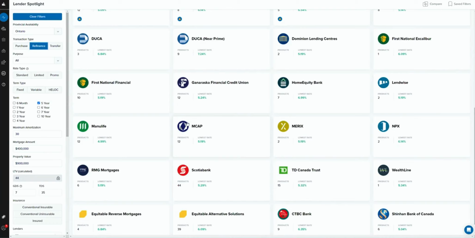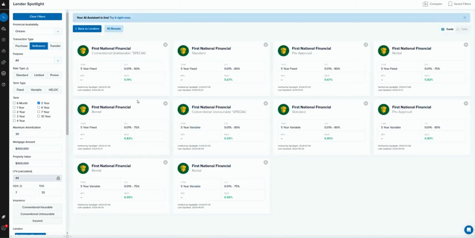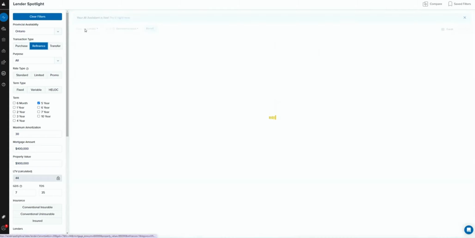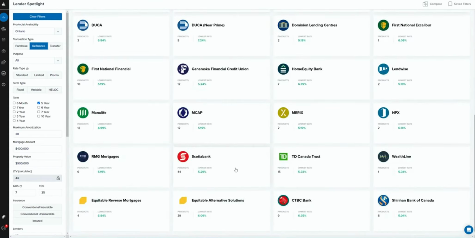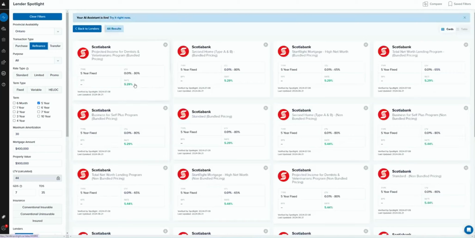We know the lenders that we use most frequently, say TD, Scotiabank, First National, and we can decide which one is best for our client. So let's take a look at the First National rate. First National has a 5-year fixed conventional uninsurable special. So that's a good deal. That's 5.19. We could say Scotiabank has 5.29 on